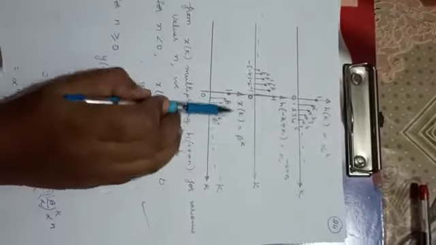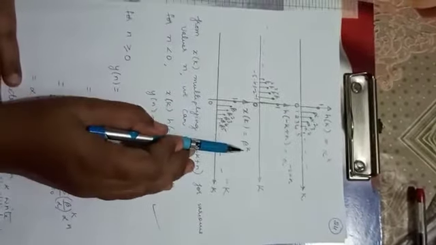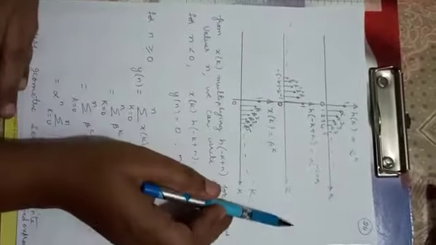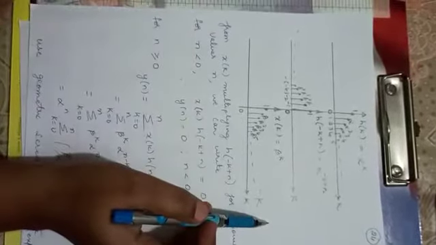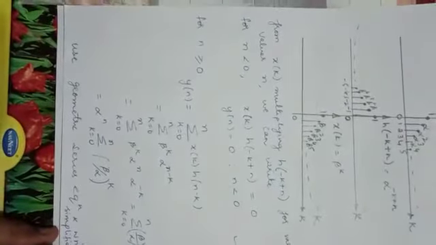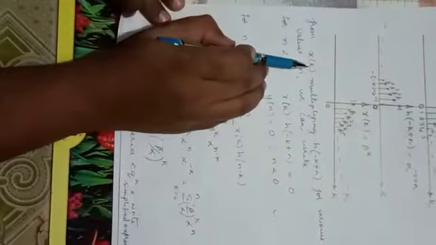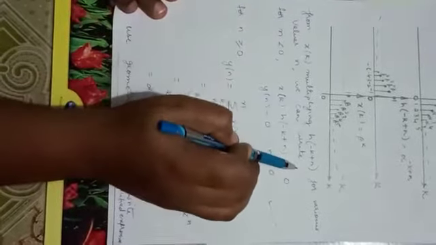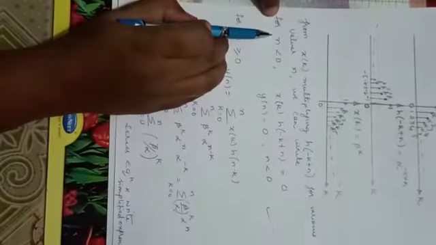Now I'll plot x of k as it is, a function of beta to the power of k. Now you need not consider n values and shift and multiply. When you get two infinite series, you can directly write the equation like this. Those problems were at the beginning, so that's why I wrote all the steps. Now you can directly write. From x of k multiplying with h of minus k plus n for various values of n, we can write like this. Now I'll take n less than 0.